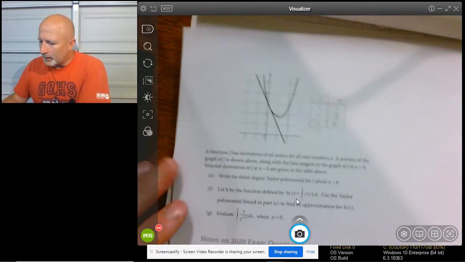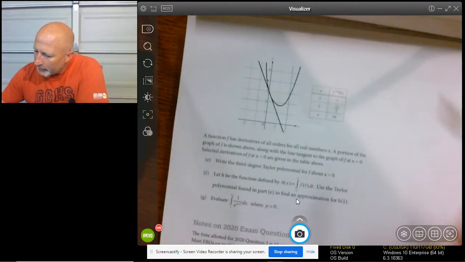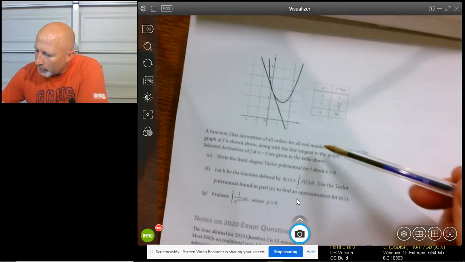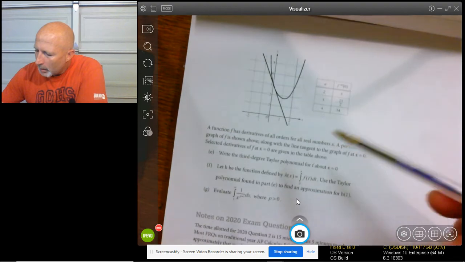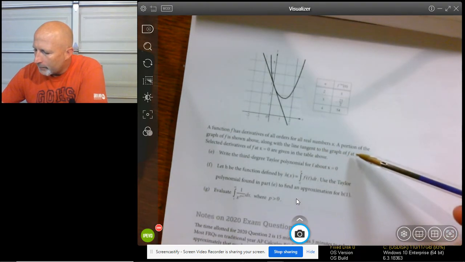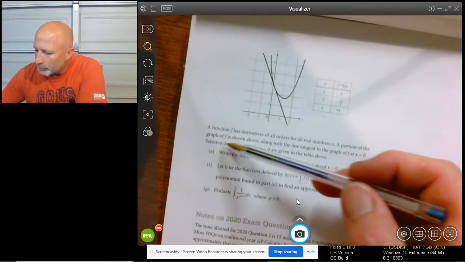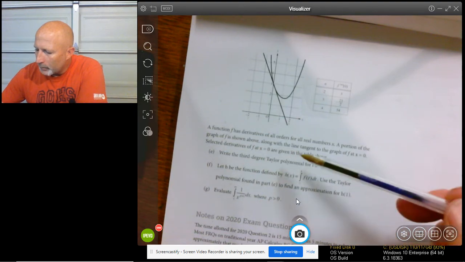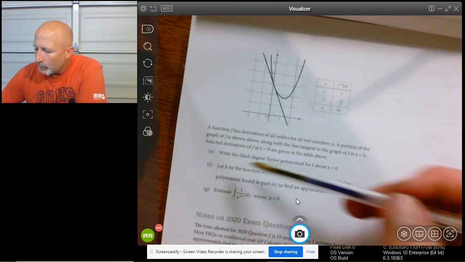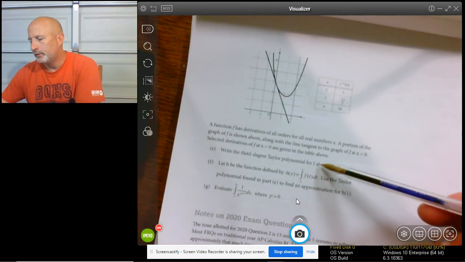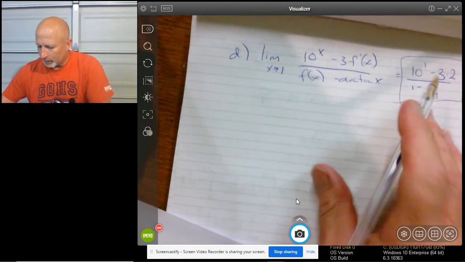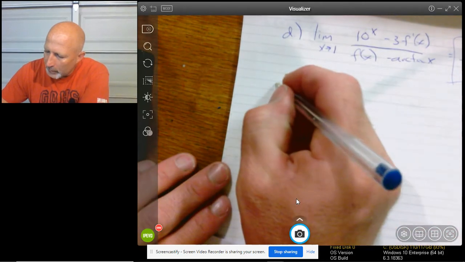Okay, so E, it says, the function f has derivatives of all orders and all real numbers x. The portion of the graph of f is shown above, along with the line tangent to the graph of f of x at x equals 0. Selected derivatives of f at x equals 0 are given in the table above. Write down the third degree Taylor polynomial for f about x is equal to 0. That just means it's Maclaurin. Okay, so E, what you're going to do is,